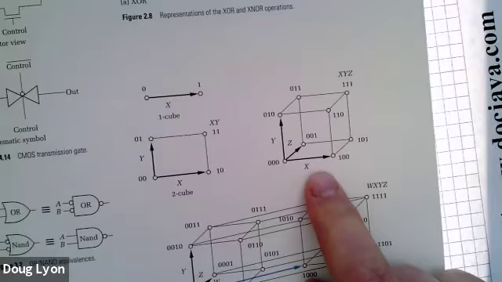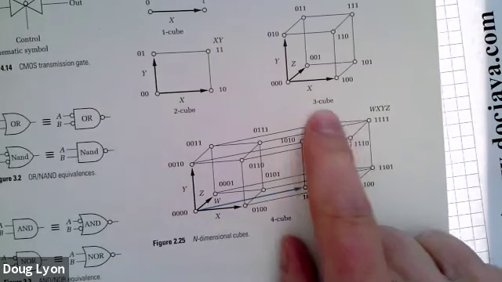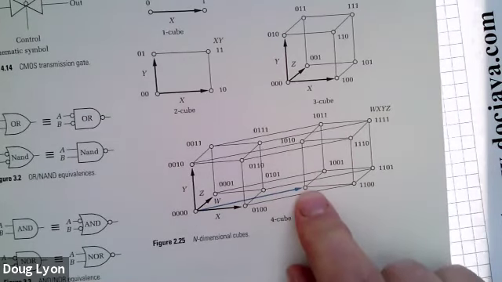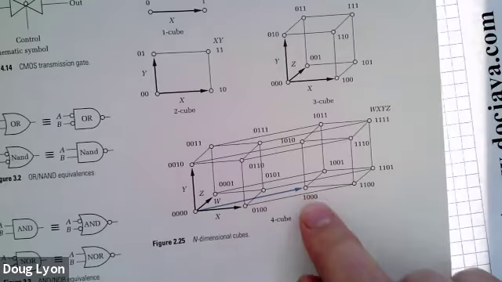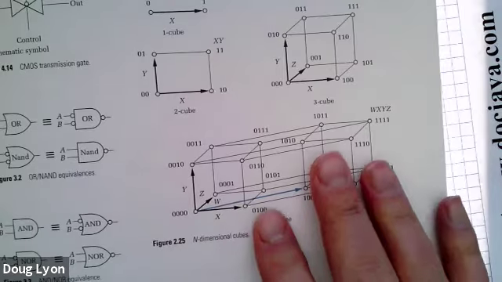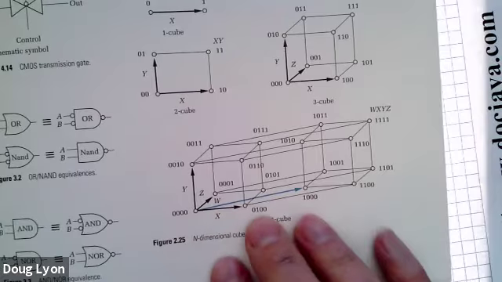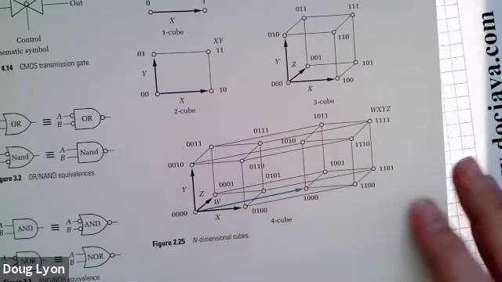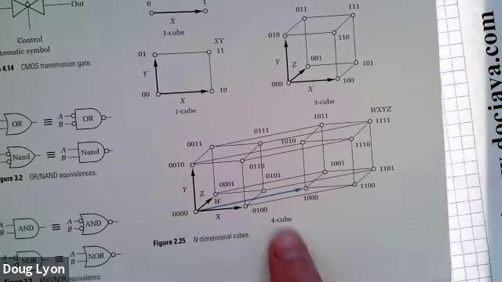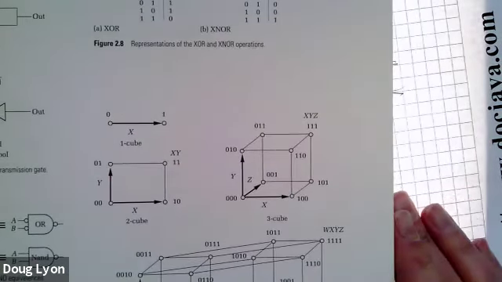And you can do the whole thing in 4 dimensions. And that creates the so-called 4 cube. And the 4 cube can be extended to a 5 cube, but the problem is I can't draw it. It's hard, and it's not in the book either. But in fact, you can do 5 and 6 variable kmaps, and it gets all kinds of messy, which is why I say use computers when you go beyond 4 variables. So that's the rationale in 3 dimensions anyway for